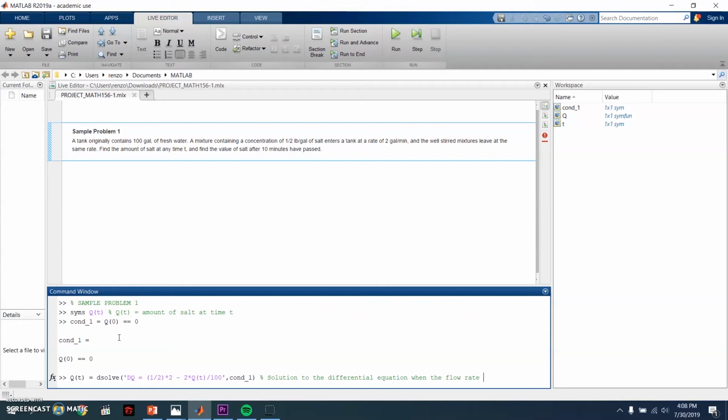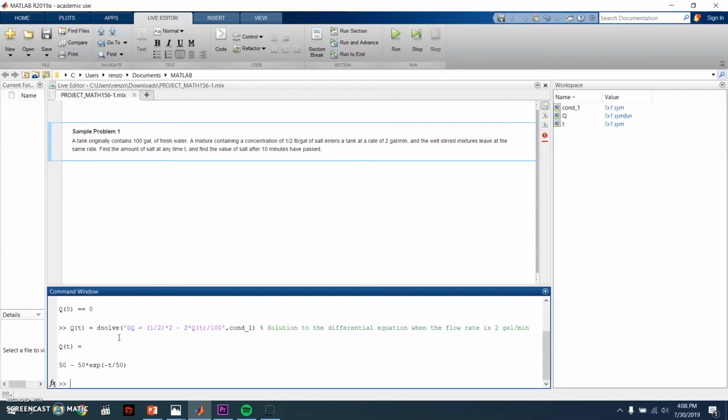And the flow rate is 2 gallons per minute. So you can see the answer is 50 minus 50 e raised to negative t over 50. So solving for Q of 10,